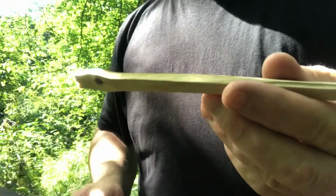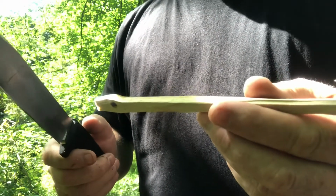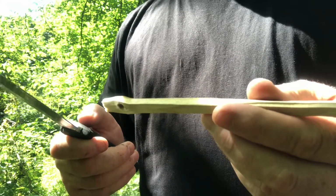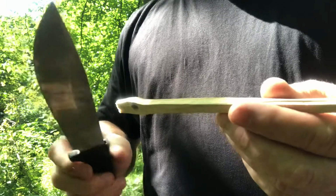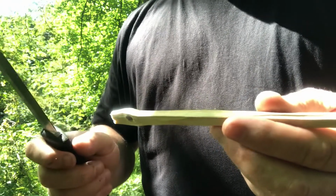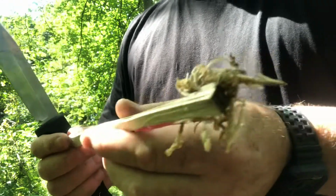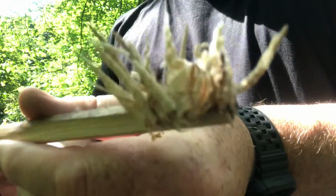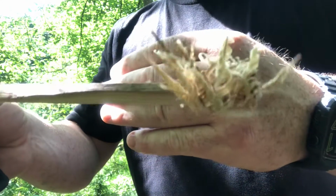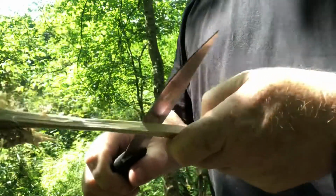Right, the next part in the equation is making yourself some feather sticks. I like to make 3 or 4 of them and have one that's as fine as I can possibly get it, and that's my nitty feather stick, the one that's most likely to take to flame from a fire steel. But we've got a big bag of tinder today, so hopefully that'll do. But you can go straight in with the feathers when they're as fine as this, in these small trumpet rolls. Don't know if this is focusing in or not. So 3 to 4 of them you want to get made up,